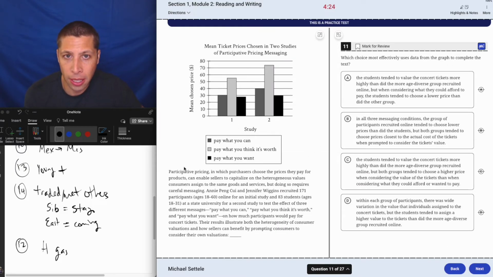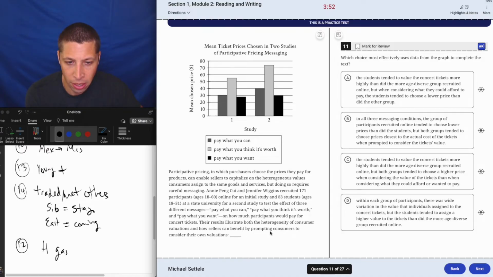All right, so participative pricing, in which purchasers choose the prices they pay for products, can enable sellers to capitalize on the heterogeneous values consumers assign to the same goods and services, but doing so requires careful messaging. Okay, these people recruited these participants at a state university for a second study to test the effect of 3 different messages: pay what you can, pay what you think it's worth, and pay what you want, on how much participants would pay for concert tickets. The results illustrate both the heterogeneity of consumer valuations and how sellers can benefit by prompting consumers to consider